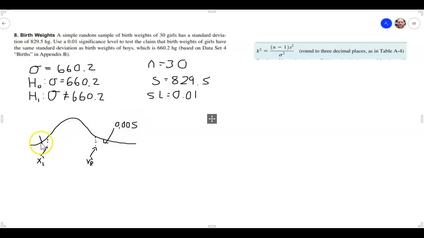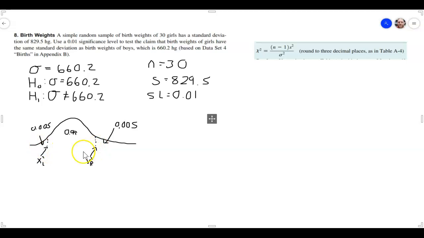In this area, I'm going to have 0.005. And in this big area, I'm going to have 0.99. And if you weren't sure how to find that, you can just do 1 minus that, and that goes in the big area here. And then the remainder is